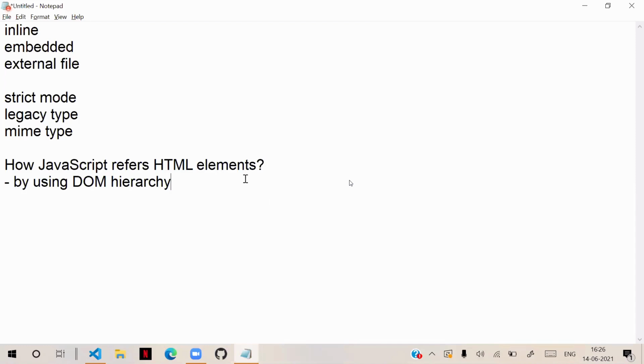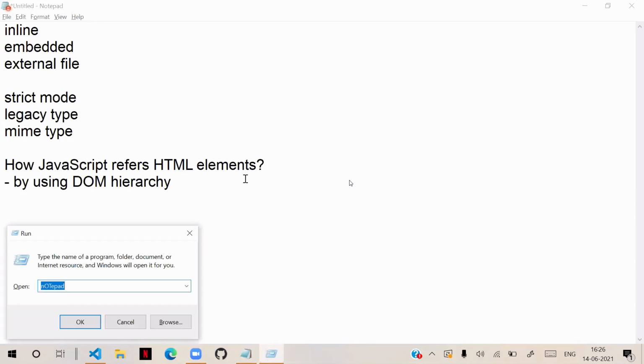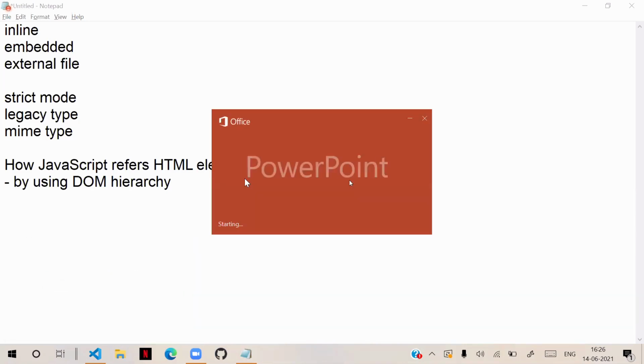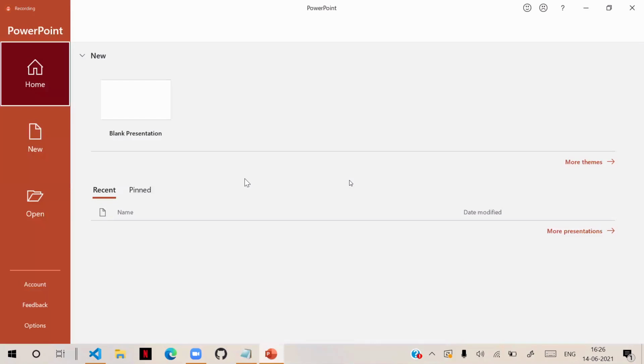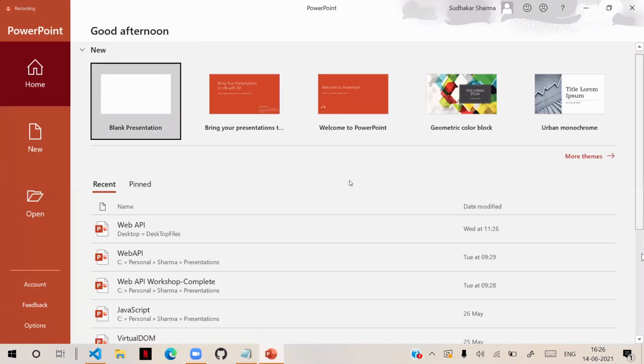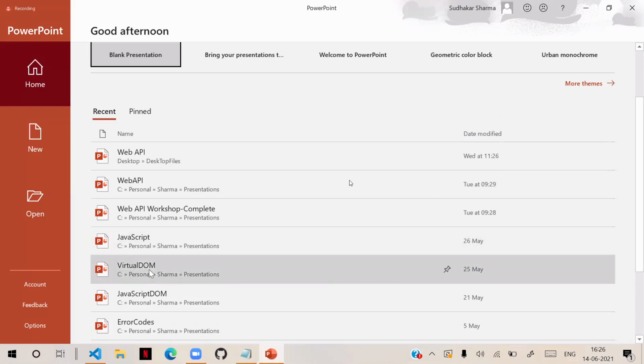What is the DOM hierarchy? Already we learned in HTML. When we discussed HTML, we learned that HTML presents everything in a DOM hierarchy. This is the DOM hierarchy.